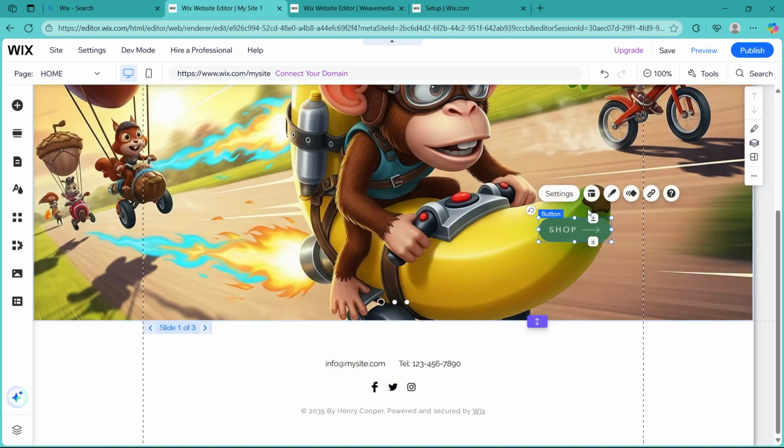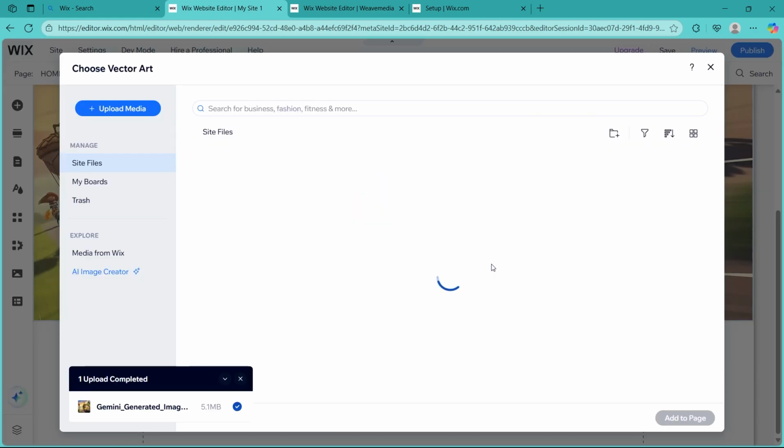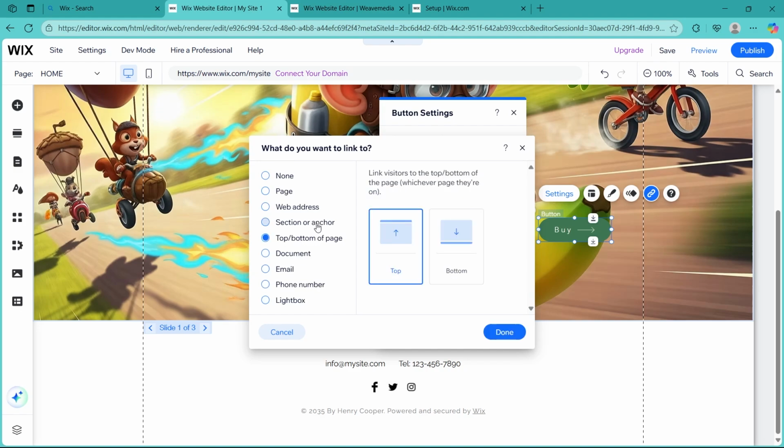Now I'll click on this button, click on settings. You can edit the text of this button. For example, I will type in next or buy. You can change the icon if you want. You can click on choose a link and choose where someone will be redirected to whenever they click on this button, whether it will be a page, web address, document, email, phone number, top or bottom of the page, or